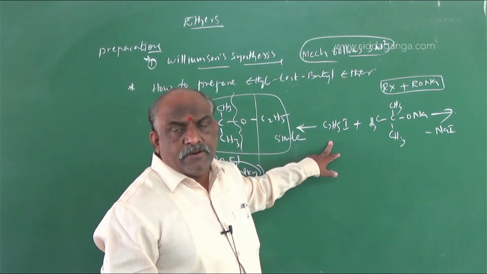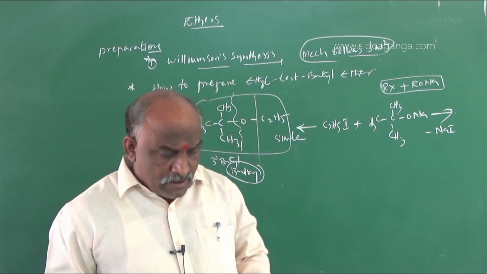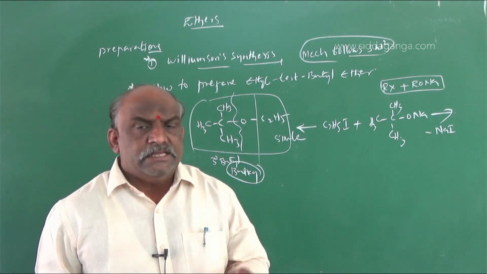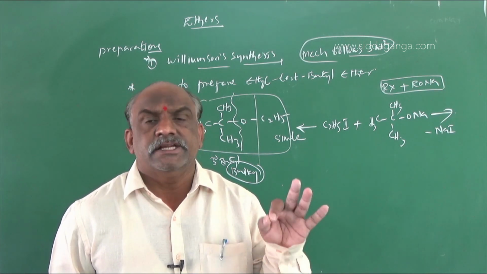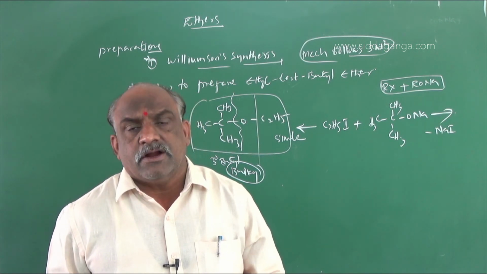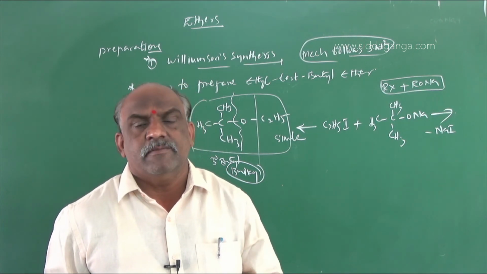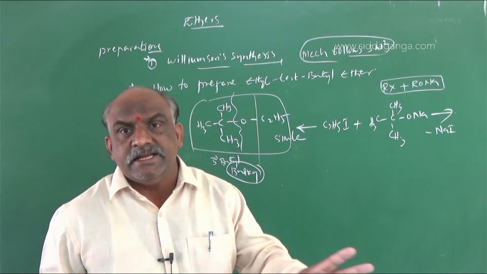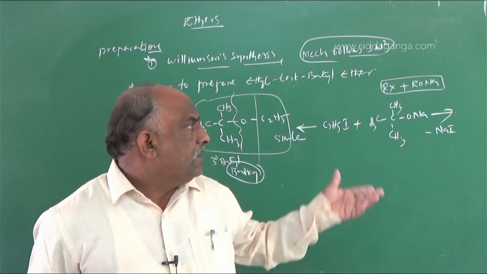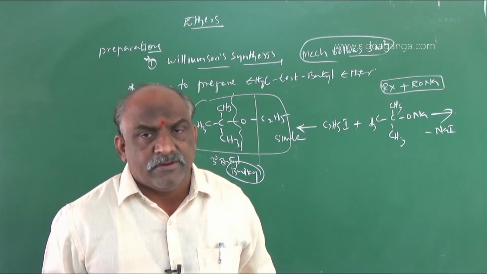Clear? A simple alkyl halide must be required. That is a condition because of the reaction mechanism followed: the formation of ethers according to Williamson synthesis is an SN2 reaction mechanism. In the SN2 mechanism, the alkyl halide will be simple. If the alkyl halide is bulky, steric hindrance takes place. How does the nucleophile attack, and how does the iodide eliminate from that? That is different. It is due to the steric hindrance.